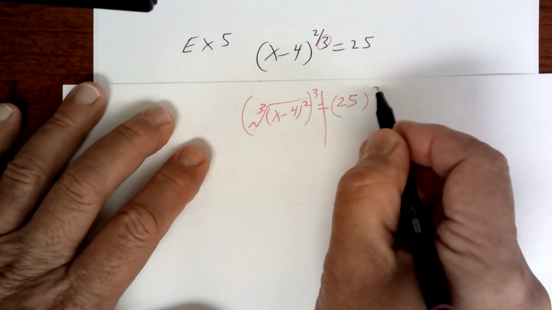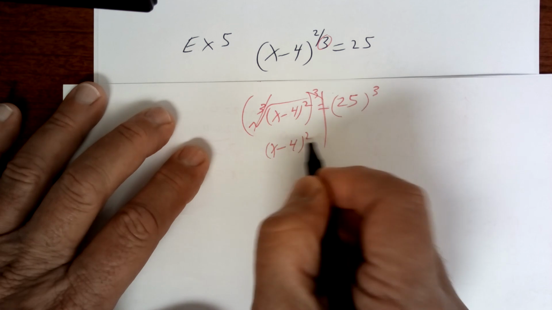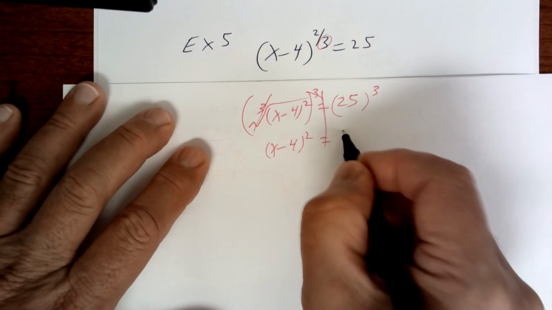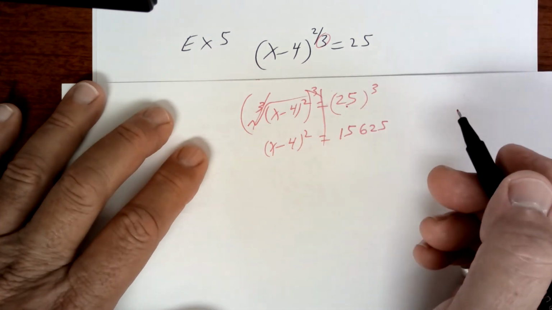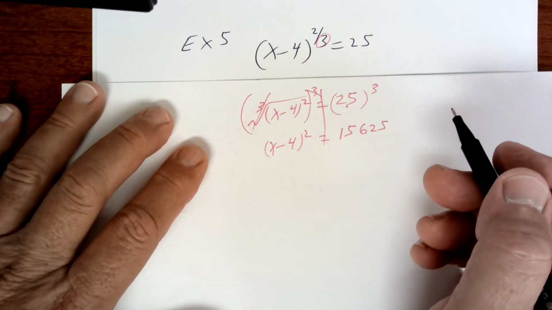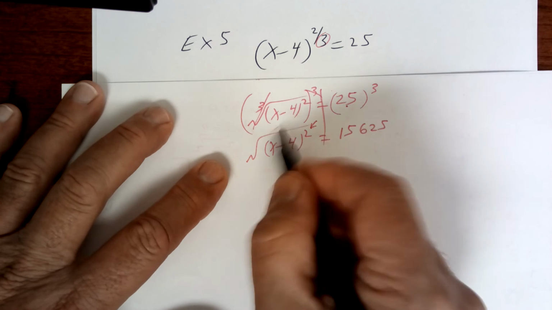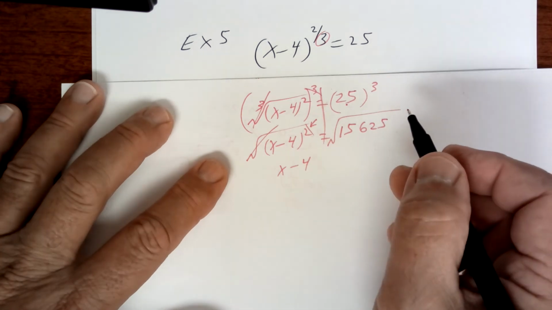And when you do the cubed root, this cancels. So you get x minus 4 quantity squared is equal to whatever that is. I'm going to look in the book, 15,625. Because remember, that's 25 times 25 times 25. Next thing you want to do is take the square root to get rid of that. So you're going to do the square root of that, that cancels. And you're going to do the square root of that, which equals plus or minus